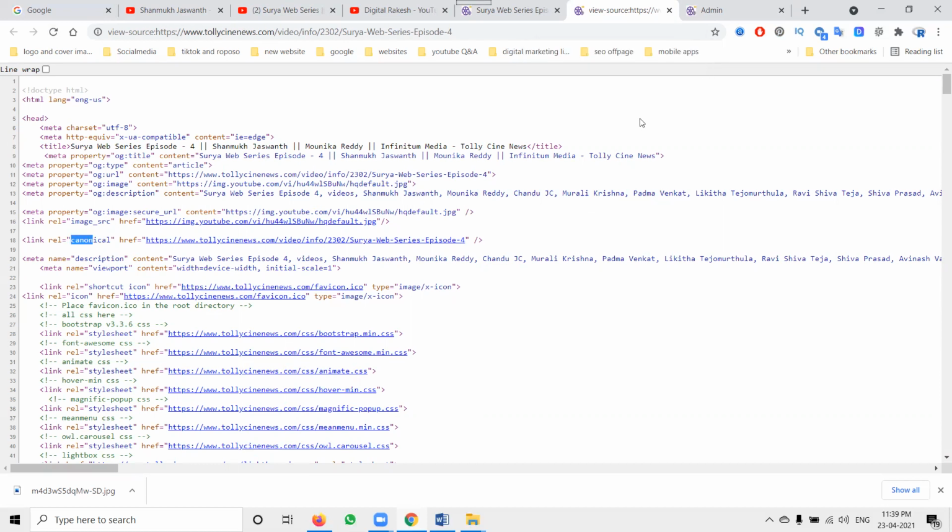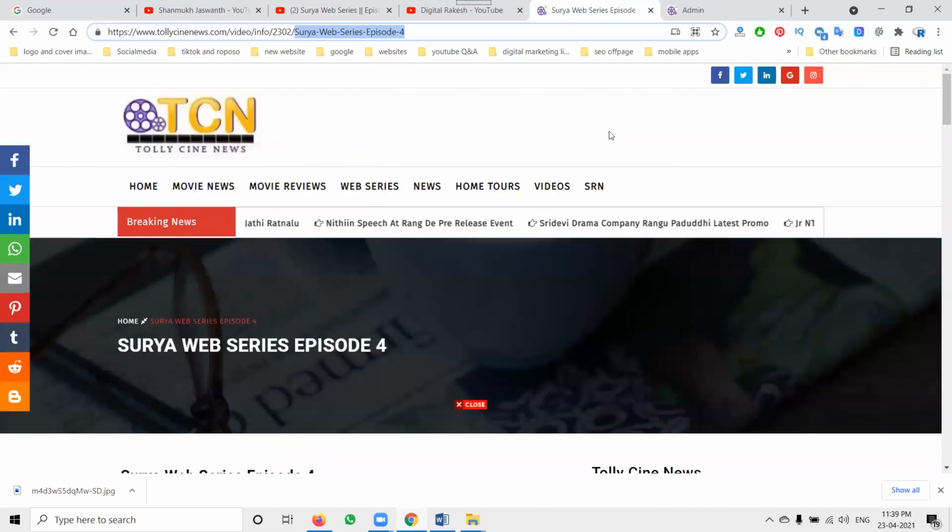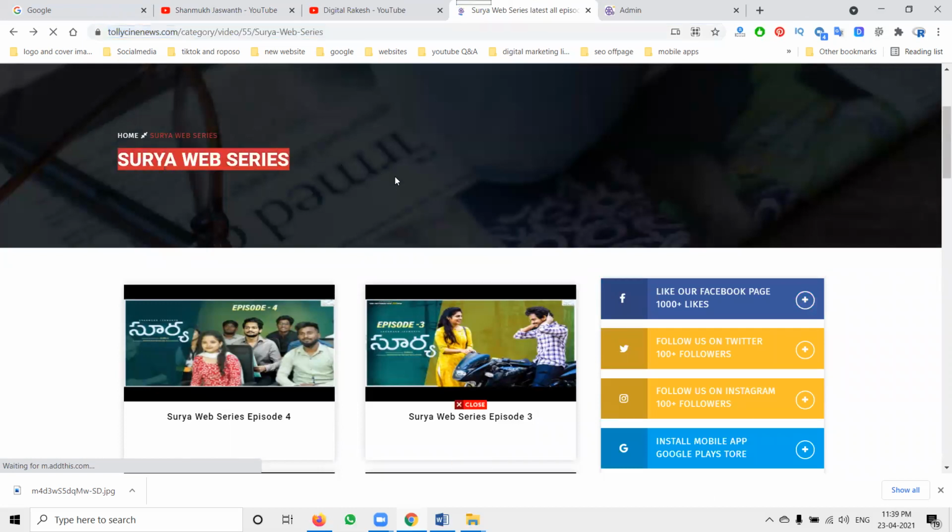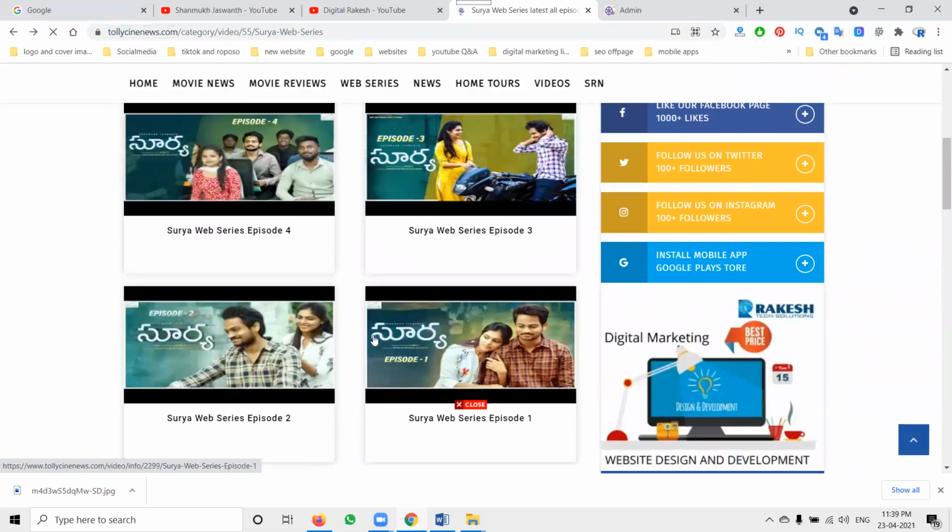If using the post option, an image is compulsory and important. That is, the image will show a particular alt tag. So whatever content you post on your web pages must be SEO friendly, which is compulsory and important. For the web series you are promoting, you create one category, and in each category you post a number of episodes. This will be highlighted on Google. When people search for Surya web series episode 4, your website's position will show in Google. That is how we create a particular SEO title and description.